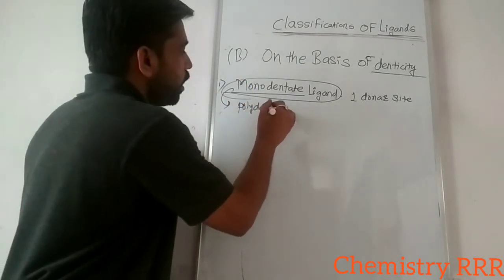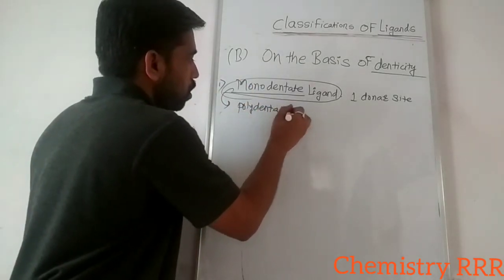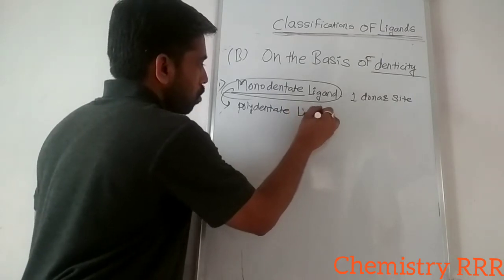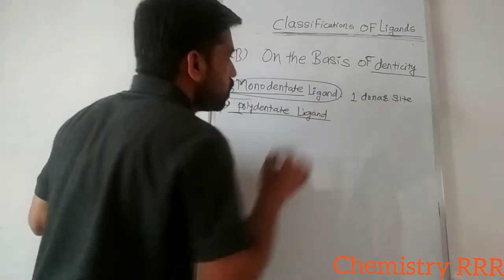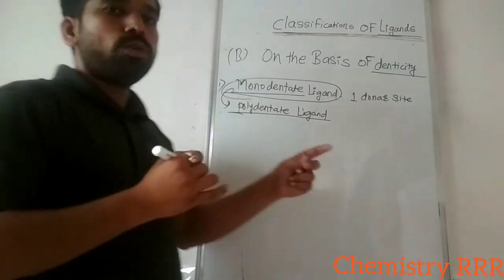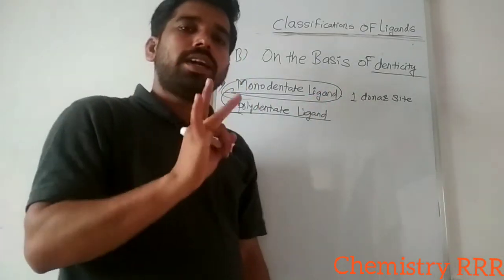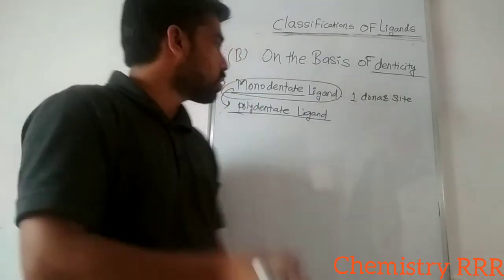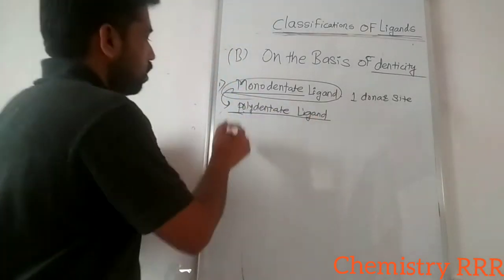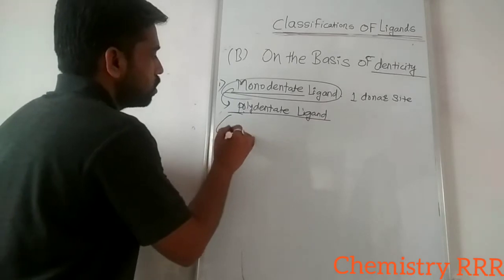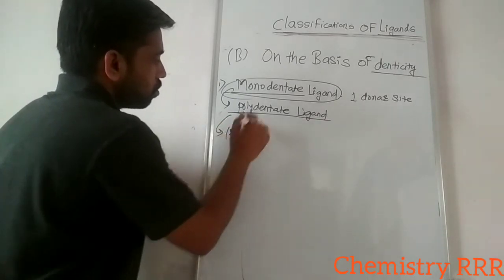Second is polydentate ligand. Polydentate means having two or more donor sites present on the ligand. A single ligand having two or more donor sites is called a polydentate ligand. This is classified into further types,